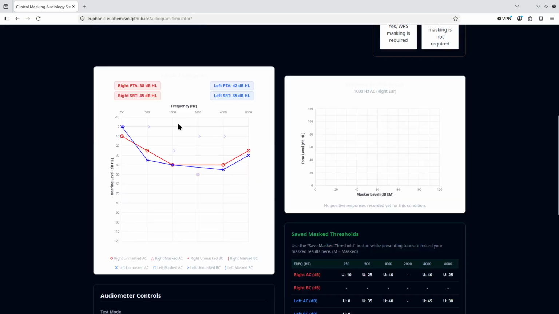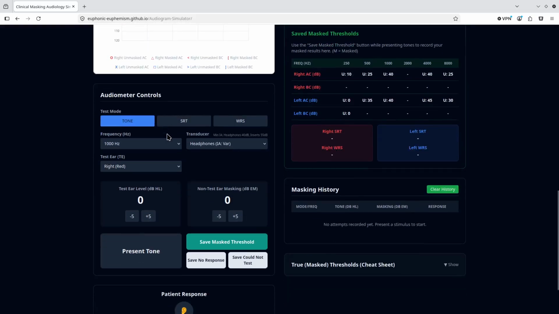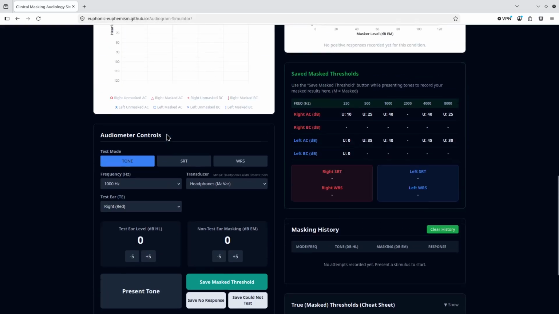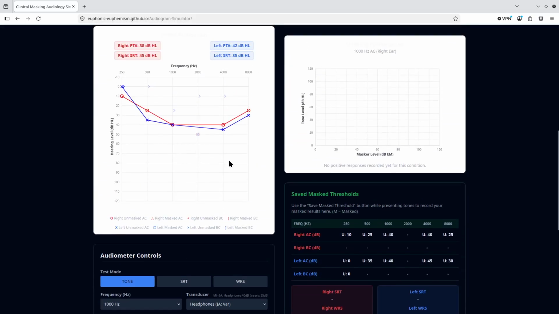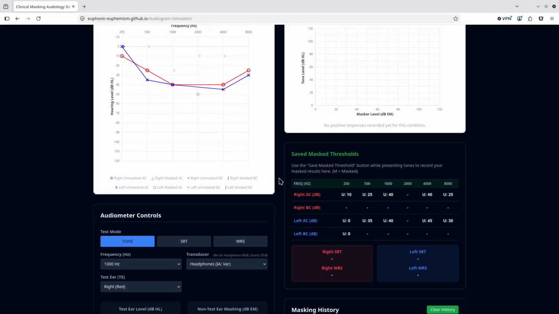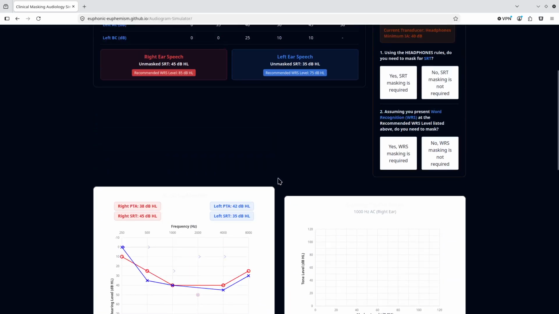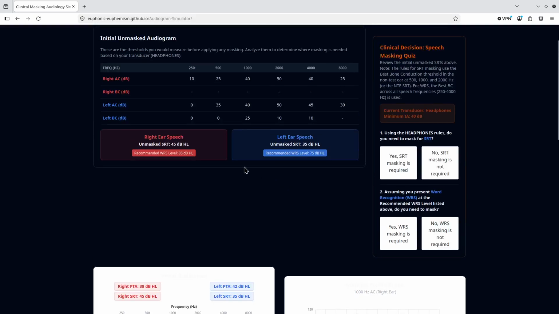So we'll submit our answers, and it didn't give us any errors, so we know that we responded correctly. And now we're going to go ahead and move on to SRTs. So SRTs, let's go back to the top here. We've got 45 minus 35 is a 10 dB difference. Based on our air conduction versus air conduction SRT rule, we don't need to do masking based on that, but